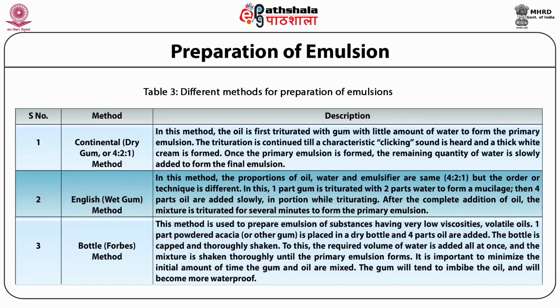In this method, 1 part of powdered acacia or some other gum is placed in a dry bottle and 4 parts of oil are added to it. The bottle is capped and thoroughly shaken. To this, the required volume of water is added all at once, and the mixture is shaken thoroughly until the